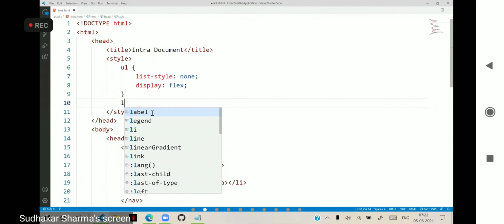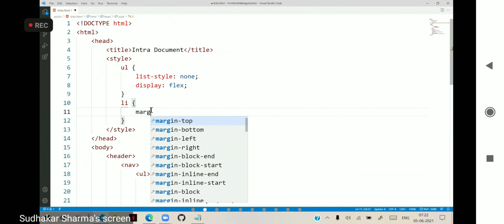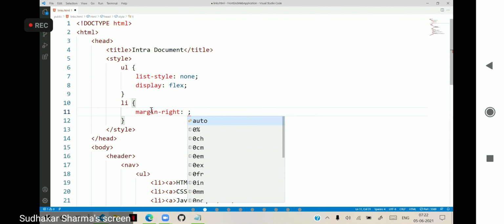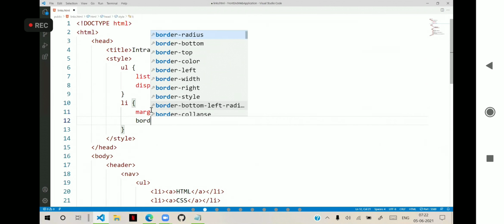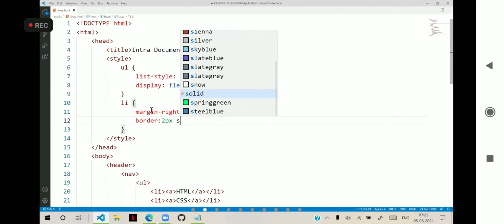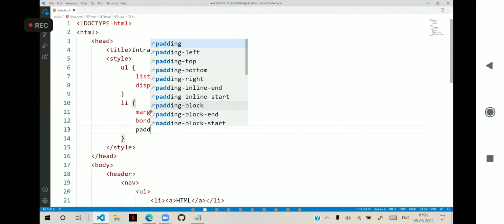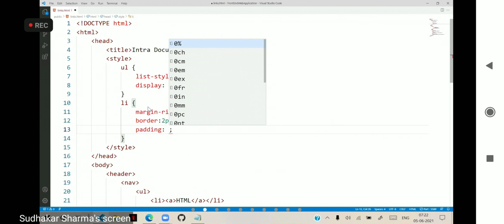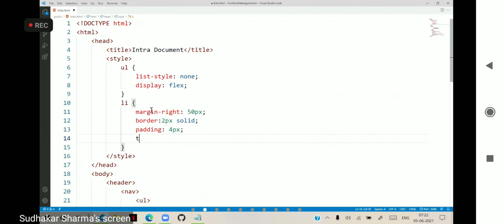For the list item I'm giving margin right as 50 pixels, a border of 2 pixels solid, padding 4 pixels, and text align center.